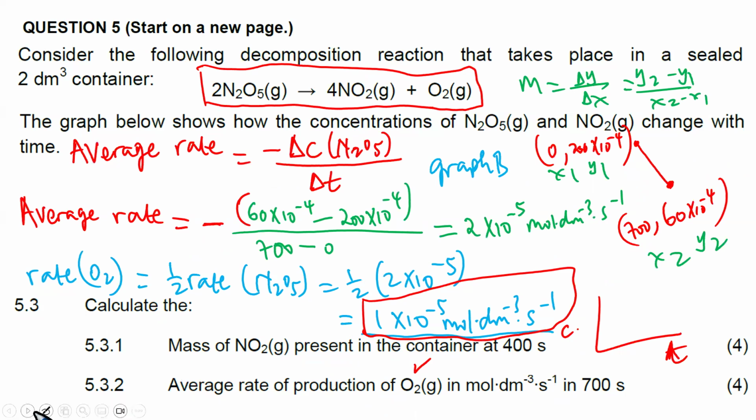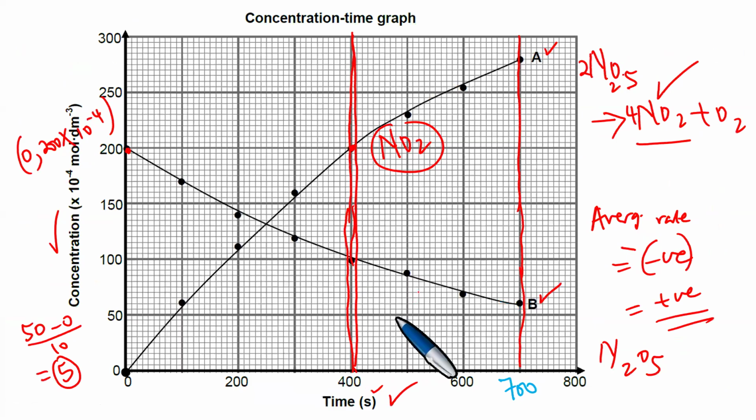Right, so this is the question we just solved now. The average rate of production of oxygen gas is 1 times 10 to the -5. But you see, we got the average rate. The way we did the average rate here, we put a negative in front. We said negative is the change in this. Why did you put a negative here when we use N2O5? Because we saw that with N2O5, that is this one here,